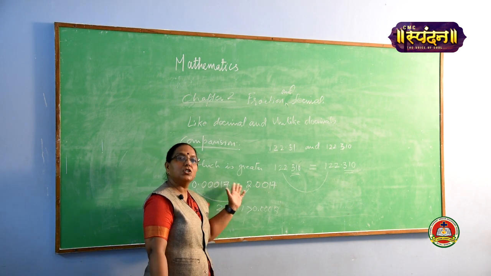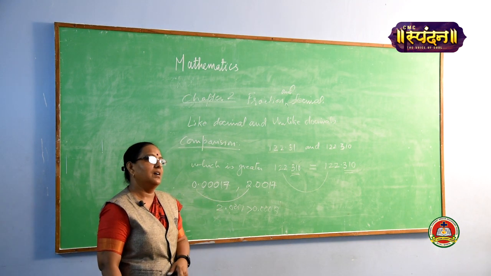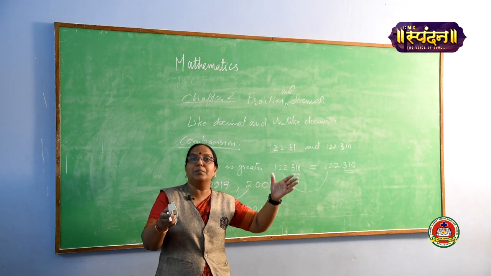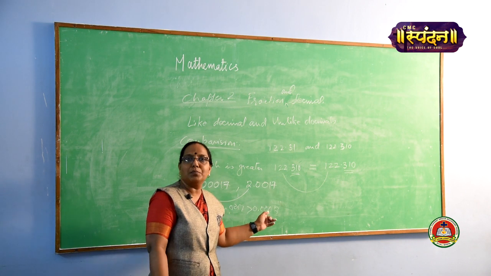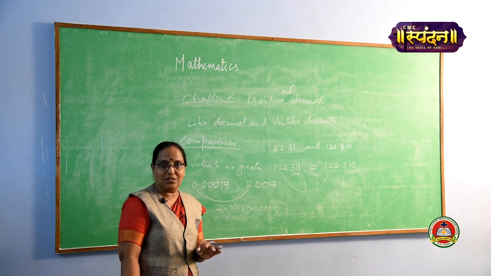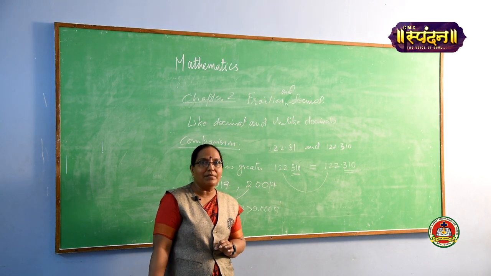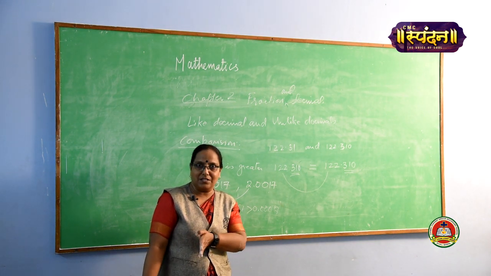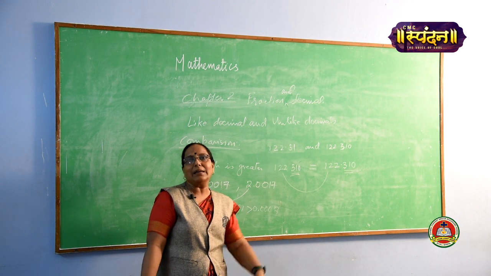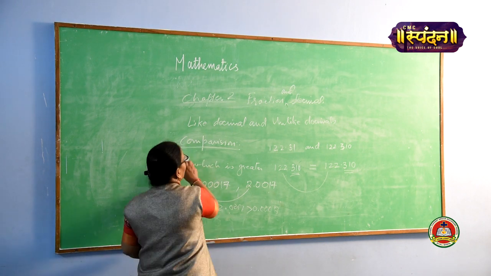But this is only the comparison of two numbers. Suppose the question is like this: write in ascending order. At that time they will give a few more numbers, like 4 numbers or 5 numbers or more than 5. At that time also, the same process applies; you can use the same concept to find out which is the smallest and which one is the greatest. Because when they ask a question like write in ascending order, you know very well that the smaller number will always come first. The smallest number will come first and then gradually it increases. And vice versa, in decreasing order, write the greatest number first. So let me tell you an example.